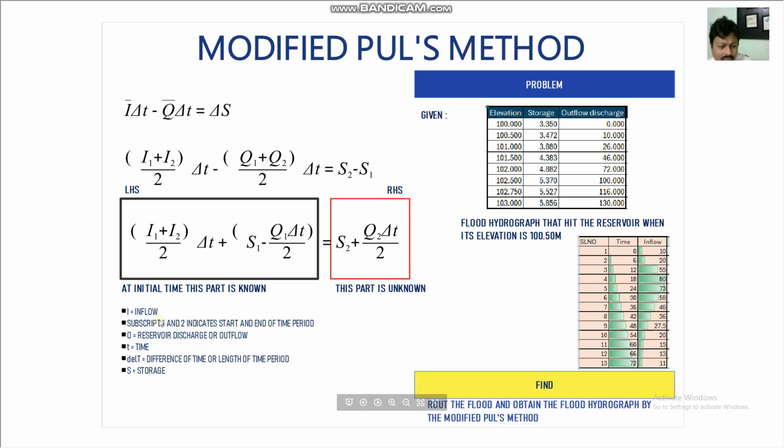I is the inflow, subscript 1 and 2 indicate start and end time. Reservoir discharge is O, T is the time, del T is the difference of time or length of time period. S is the storage. So this was the problem,